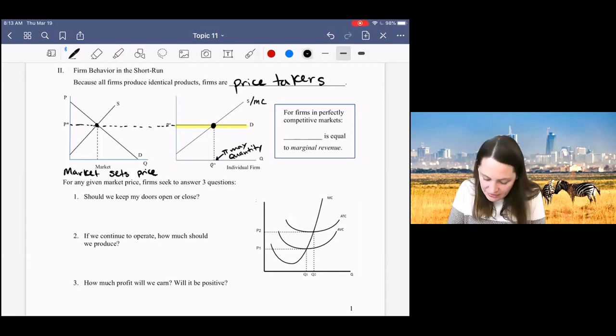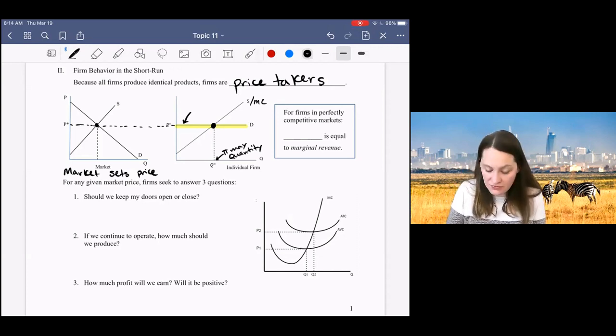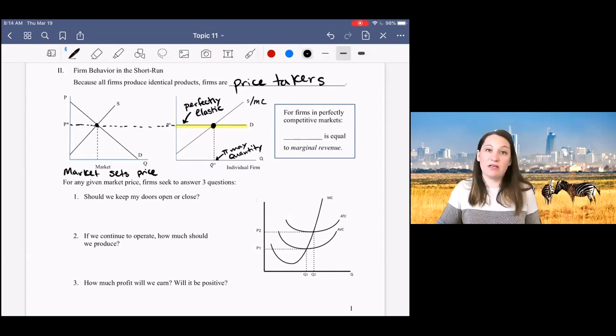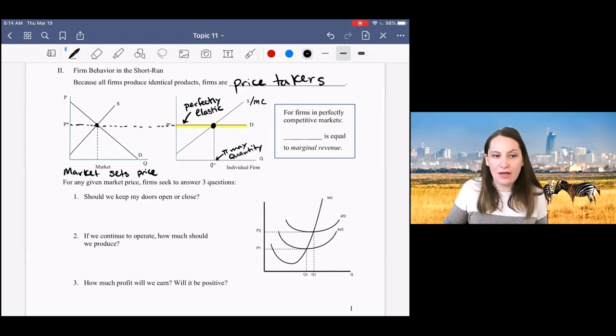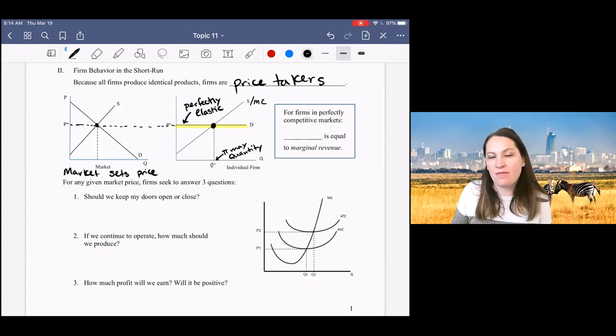And you'll notice that our demand curve for the individual firm in a perfectly competitive market is perfectly elastic. Remember, way back when we talked about elasticity, I gave you this as an example of a perfectly elastic demand curve. Here it is, okay? Because firms take the market price as given, they have no ability to raise their price. We say that demand for individual firms in a perfectly competitive market is perfectly elastic. All right,